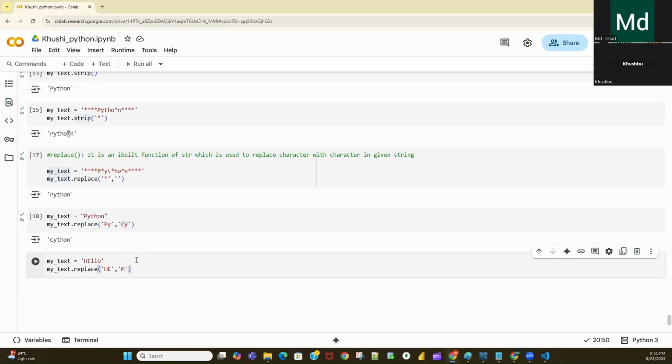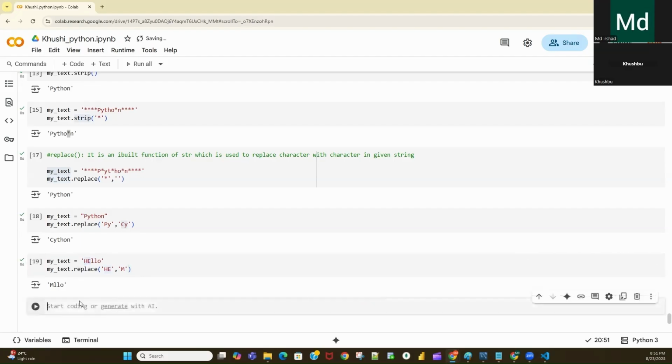Just I'm writing n. So wherever he is there, it will replace with n. So here I'm replacing multiple characters with a single character. So if I execute, wherever the he is there, it is replaced with n. So you can replace the character also. Wherever that character will be there, it will replace that one.